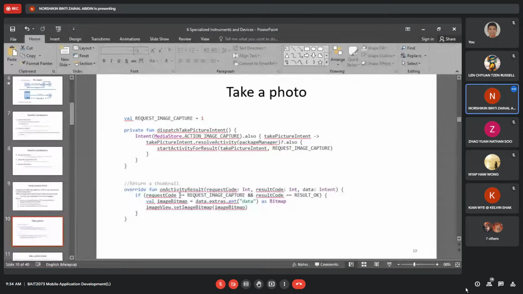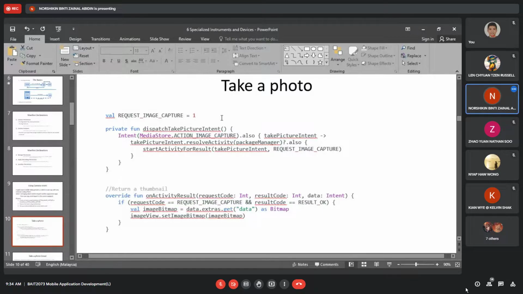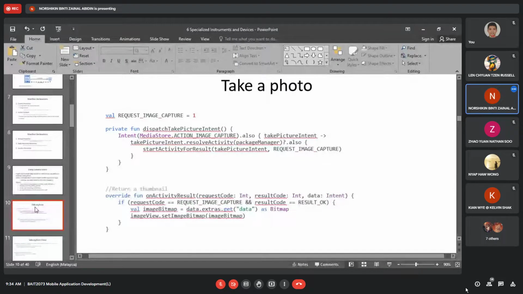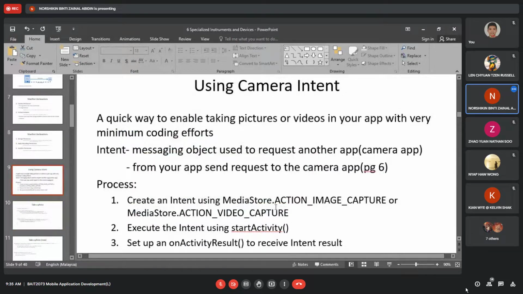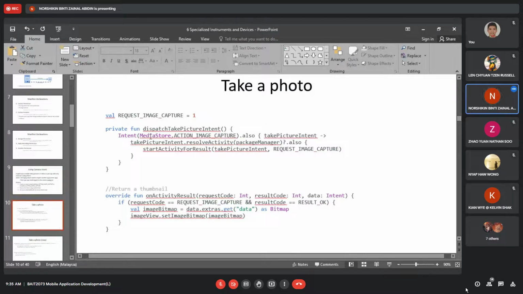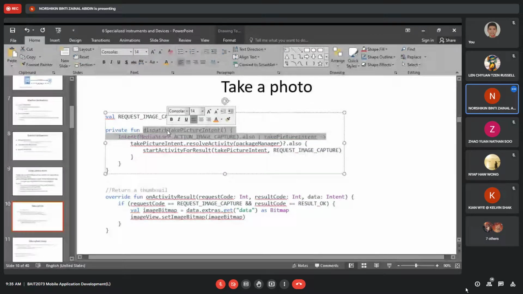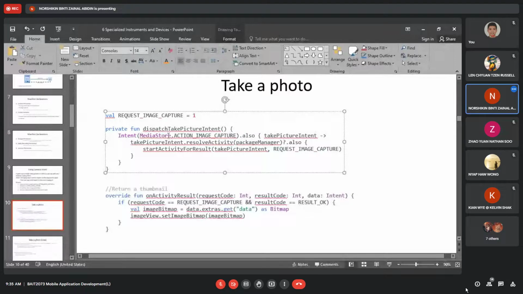So here are the two activities. The first one is take a photo. That means this function, action image capture. Here is this line.